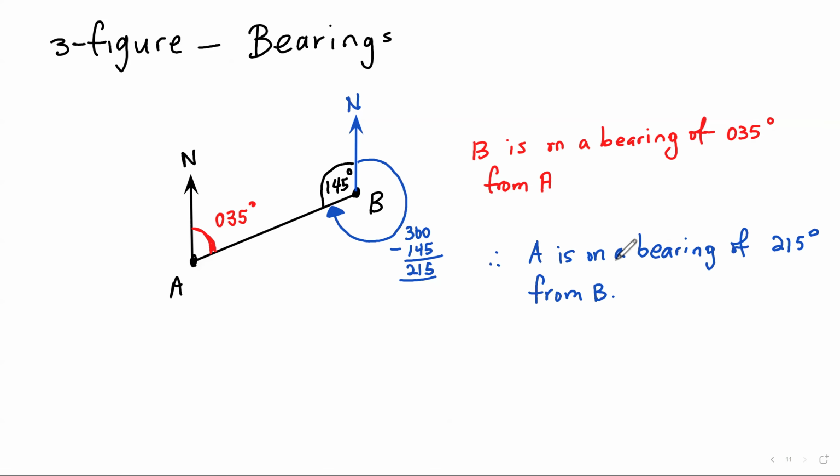A from B. So let's look at this again, because this is a point of contention for students always, right? So let's say, and I am going to call on some of you. So let's say I have M. This is my point M, and I have another point N. No, let's call this P, because M and N sound too close. Good. And let's say that P is on a bearing of,